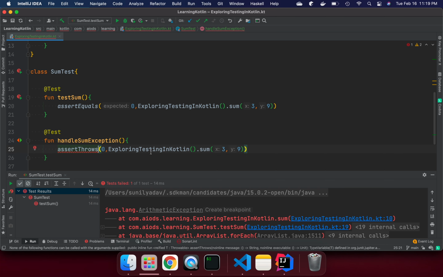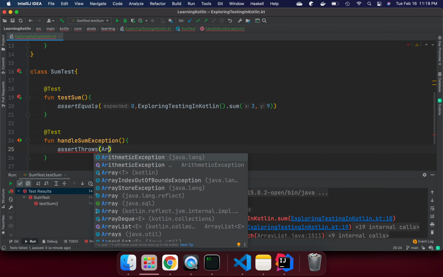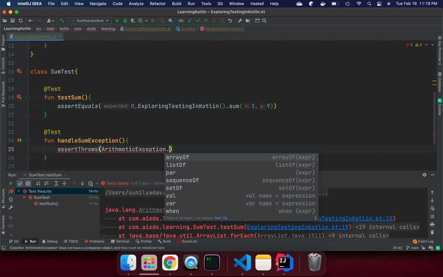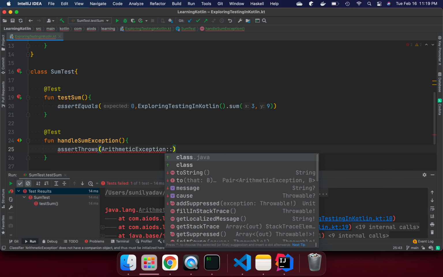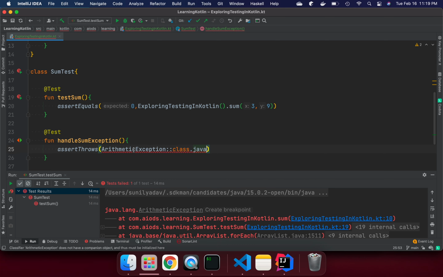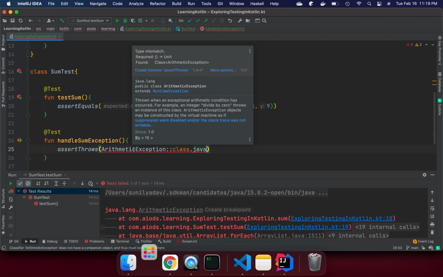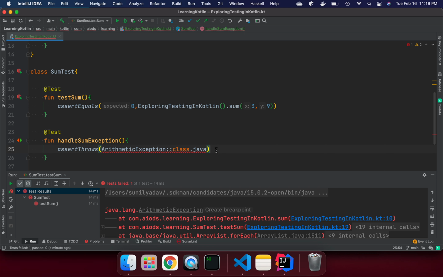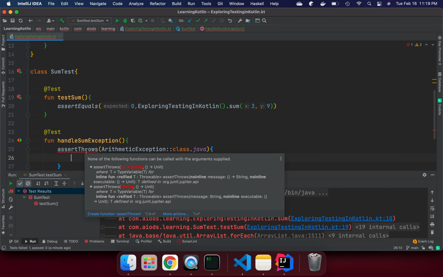The first argument is your class, the exception you are throwing. We are throwing arithmetic exception, Java one, correct? So I can say double colon class dot java, because this exception belongs to the java lang class. This is not a Kotlin exception, this is a Java exception, arithmetic exception, and we need to use these braces. What is this error?